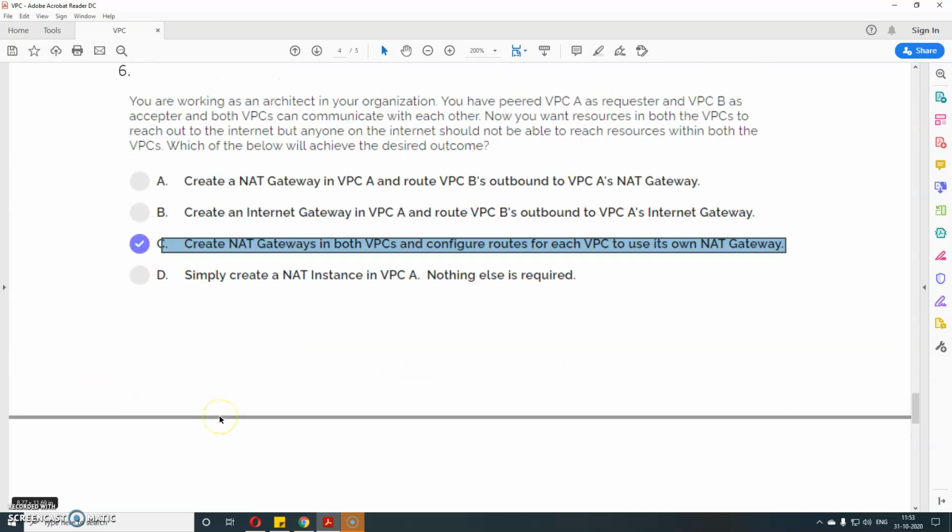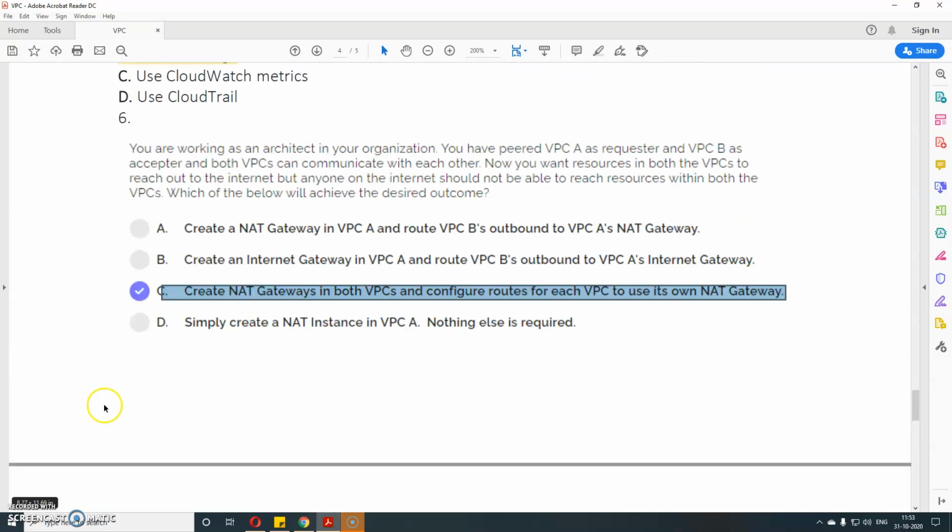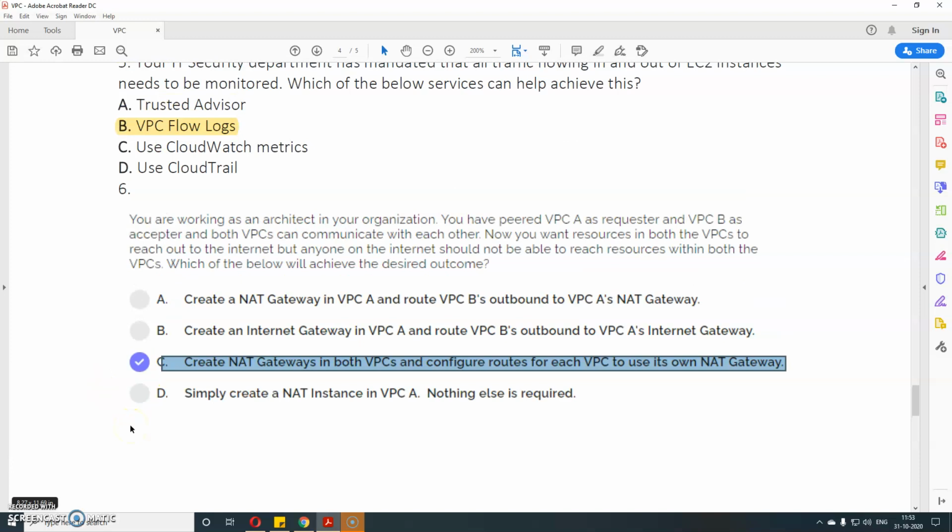So that's all about VPCs. I will try to post a few more questions on VPCs so that you can answer all of the questions in the exam. Thank you for listening, and I will be providing this